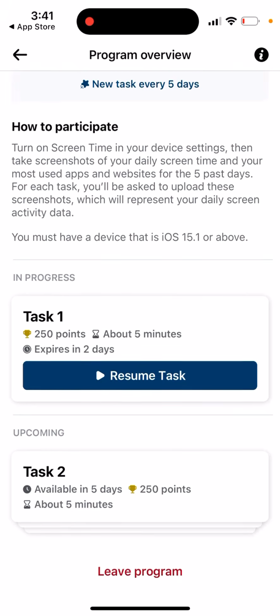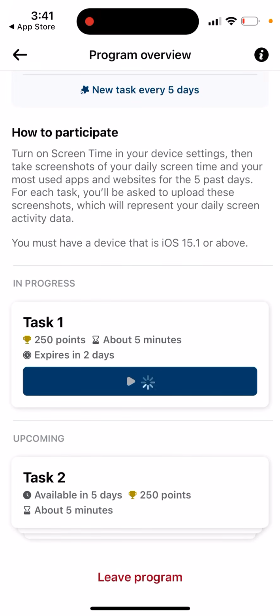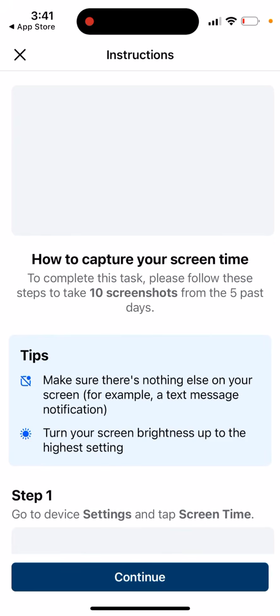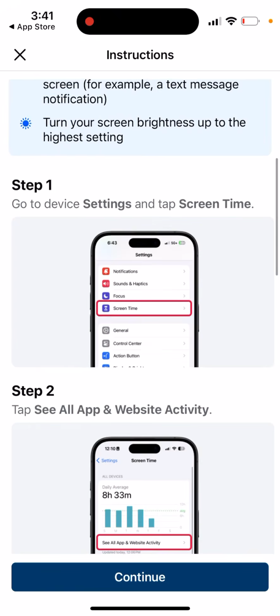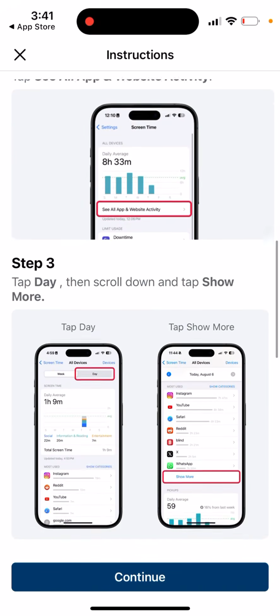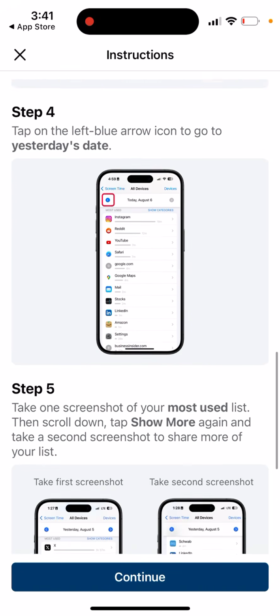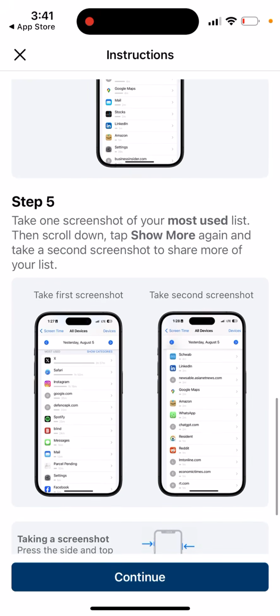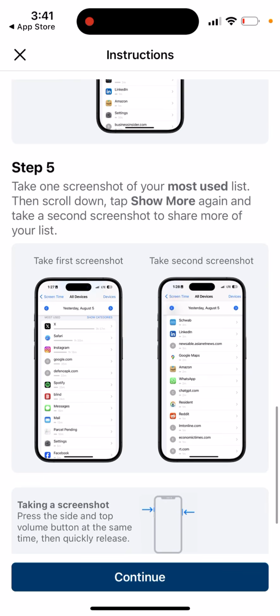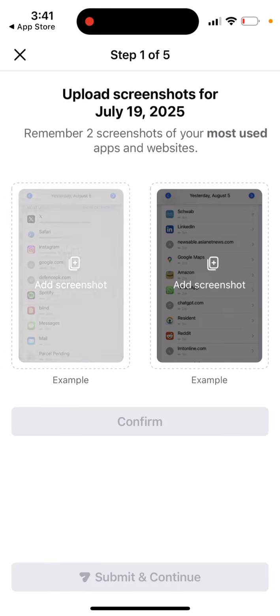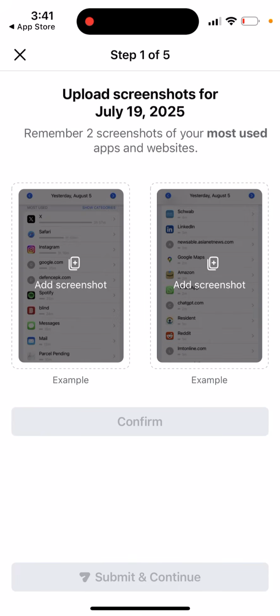So for example, this is kind of how the task looks. Please follow these steps to take 10 screenshots for the past 5 days. Settings, Screen Time, See All App Activity, and then take a screenshot. You can see how you can take a screenshot, scroll down, do that, and upload and submit these screenshots. So that's the idea, and then you can get